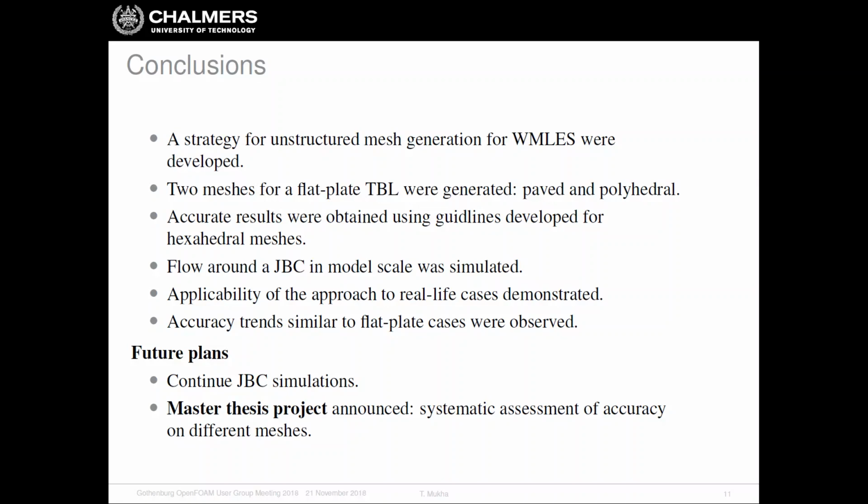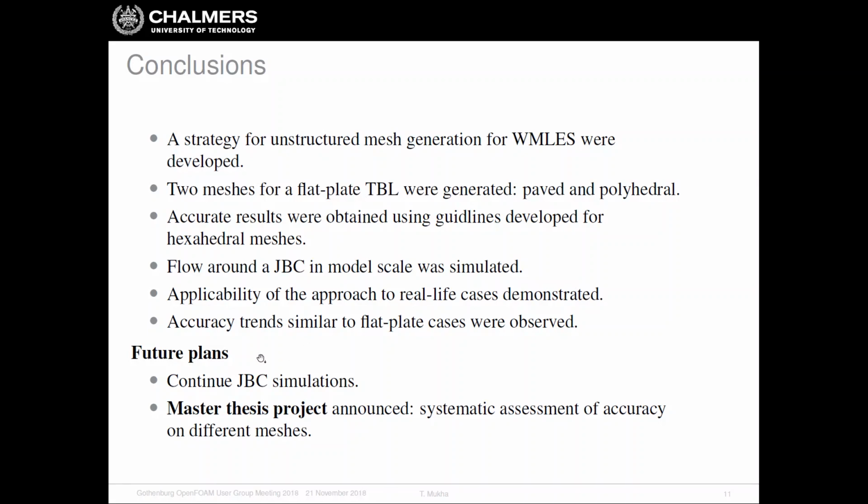And that's very important. So basically we see that what we have known transfers nicely to the case with unstructured meshes. We also looked at results for the Japan bulk carrier that were obtained by Mattias Levendal and Mattias Johansson. And basically it's a proof of concept that we can use the developed meshing strategy to apply it to real-life cases. We saw that the accuracy trends are pretty much the same as for the flat plate simulation. Unfortunately, they only did a simulation with sampling from a wall-adjacent cell, which we know leads to suboptimal results. But nevertheless, we saw that we can use our approach to simulate real-life cases.